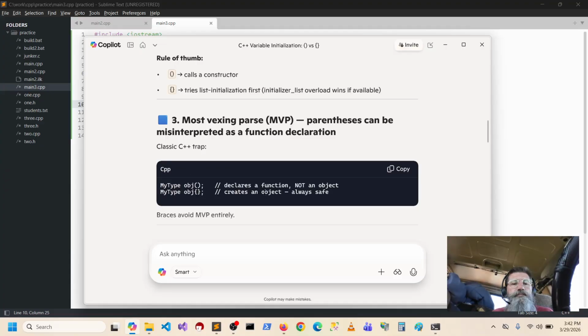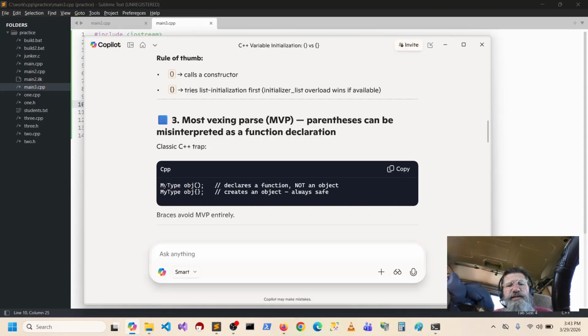Okay. Okay, I have no idea what this is doing here. My type object, most vexing parse. My type, which I don't know the context of what it's talking about here. They're talking about user-defined objects now, classes.